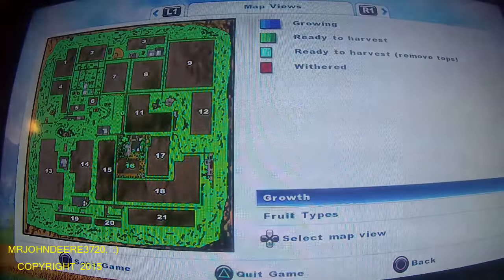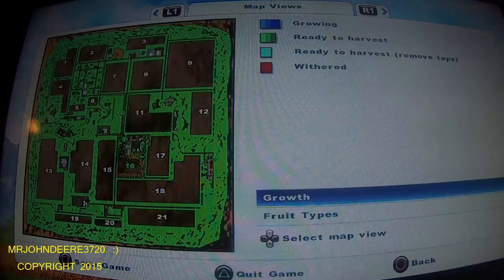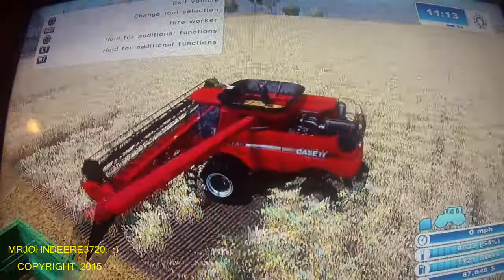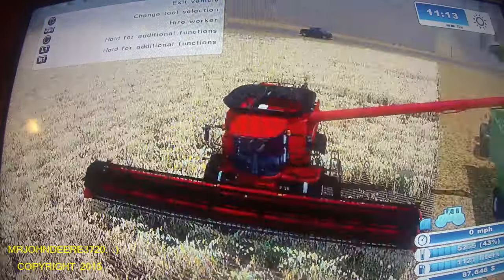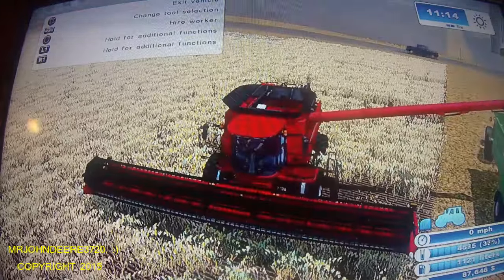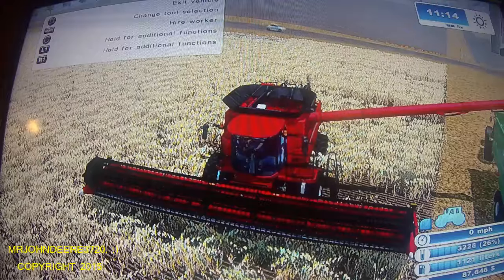I hope my field didn't go... There's a little bit that went rotten. That's probably why he's not harvesting that other end. You can't see it, but there's a little sliver that went brown, that went dead. You can see it there. For some reason, when I was planting it, my crops were growing really fast, so I don't know, maybe this...